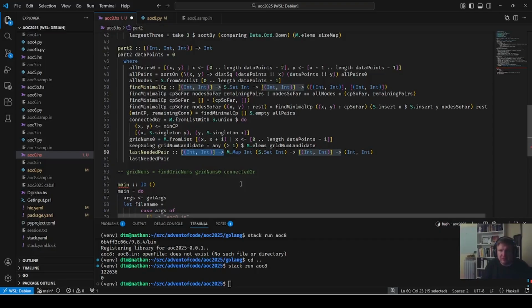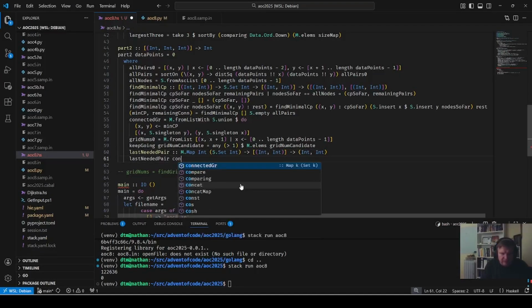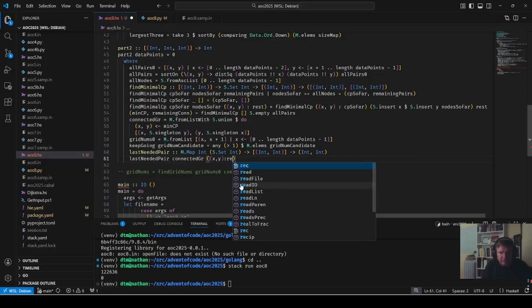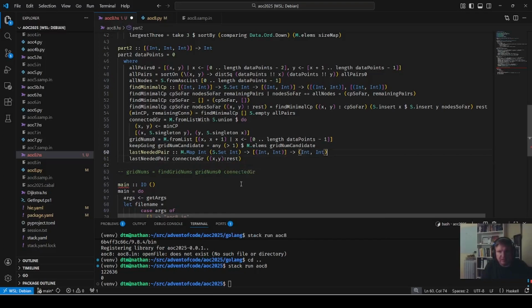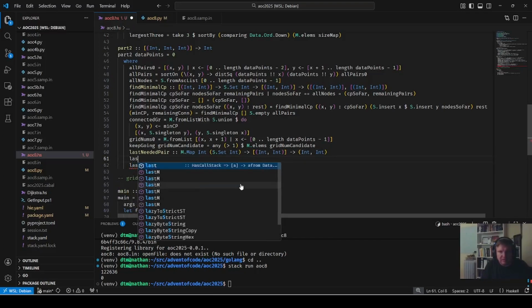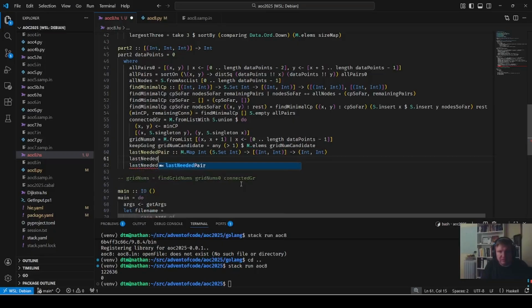Yeah, we're gonna say of connected grid and x comma y rest, and actually last needed pair underscore and bracket is going to be